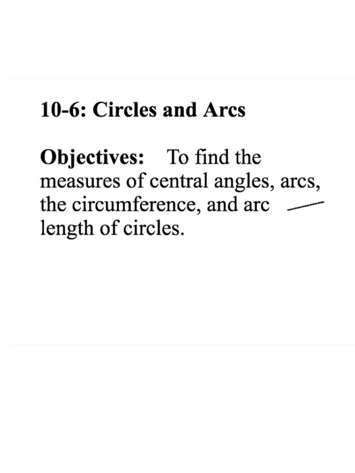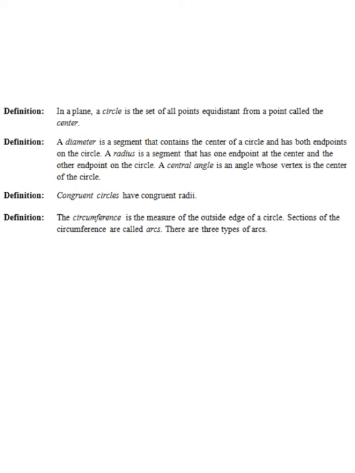Welcome to 10.6. In this section we're going to start talking about circles and arcs. Some definitions to start out with. In a plane, a circle is the set of all points equidistant from a point called the center. So if we've got our circle here, there's a point in the middle called the center. And if we went to any of the sides of the circle, they would all be equally distant away from